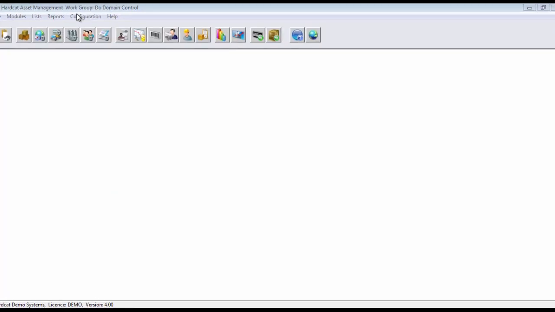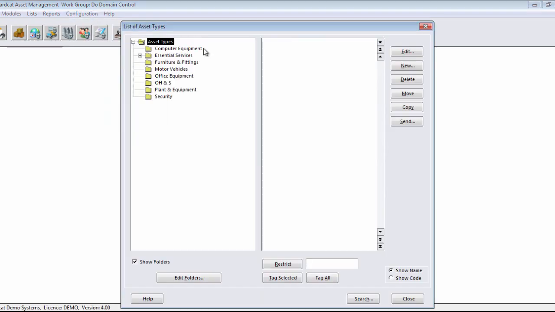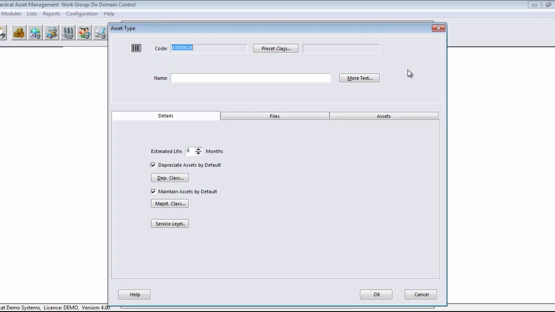To create a new asset type, the user first of all has to go to the configuration menu and then select asset types. Once within the asset type menu, all the user needs to do now is select the asset type folder where they wish to create the asset type, and then press new. The system will automatically provide a code. The user can now assign a preset class, give the asset type a name,